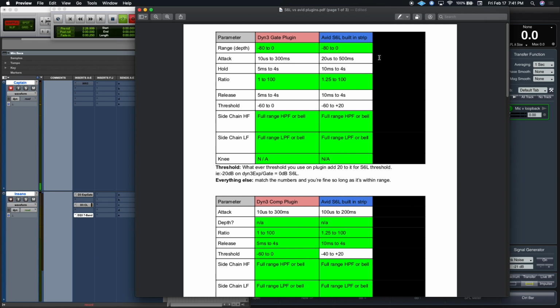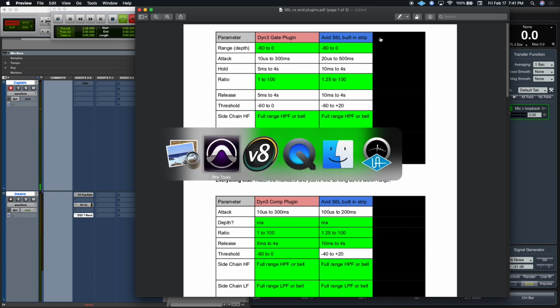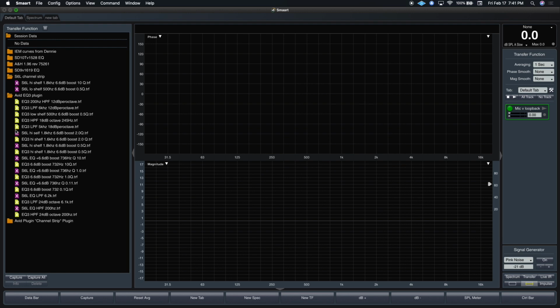For the record, I didn't want to get into the whole Avid channel strip plugin. There is a plugin called Avid Channel Strip. It's not apples to apples. Maybe when you figure out the threshold differences for the dynamic stuff, maybe it is, but for the EQ, it's for sure not. And I didn't want to end up confusing anything, but I could show, for example,